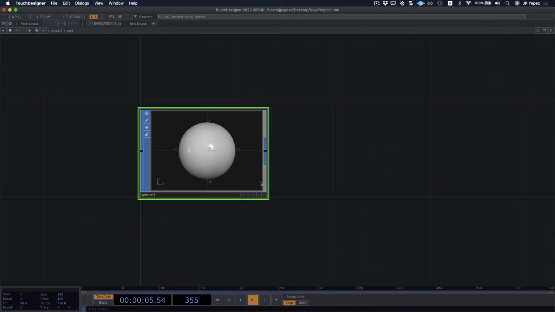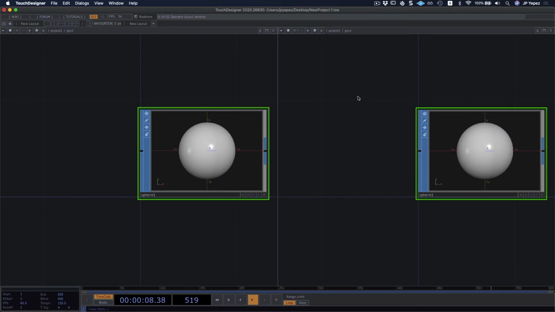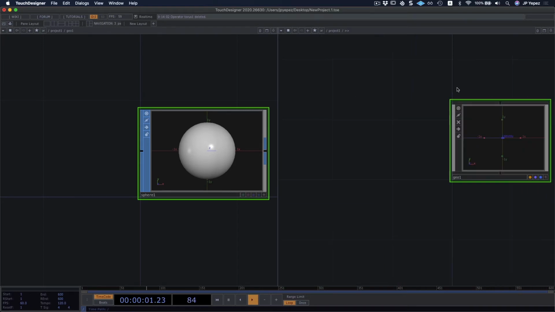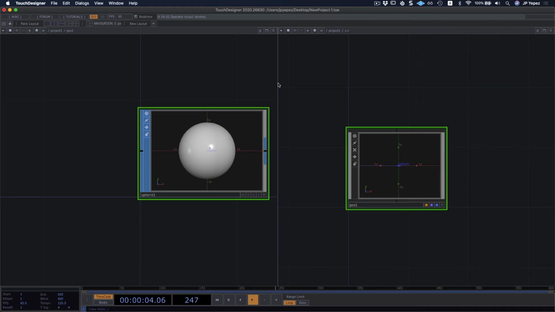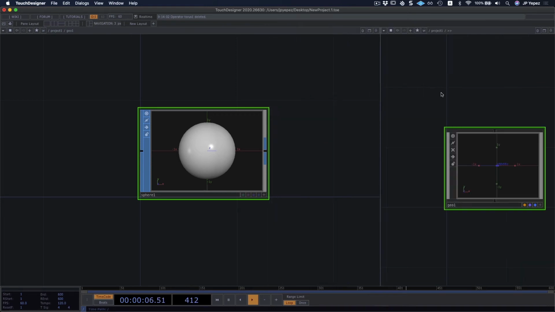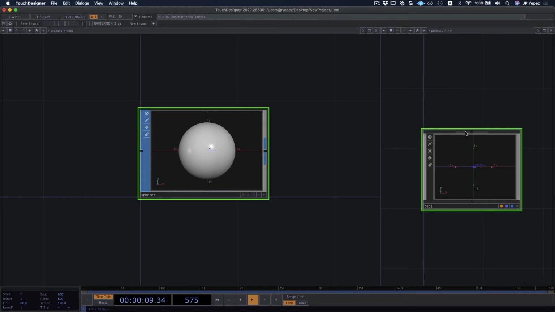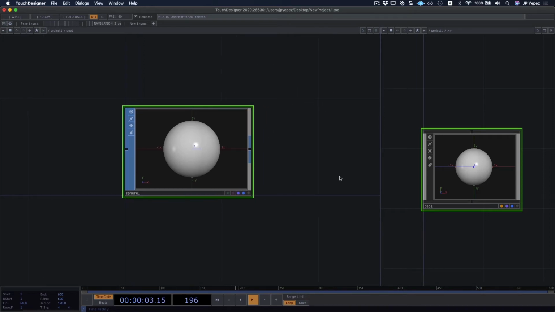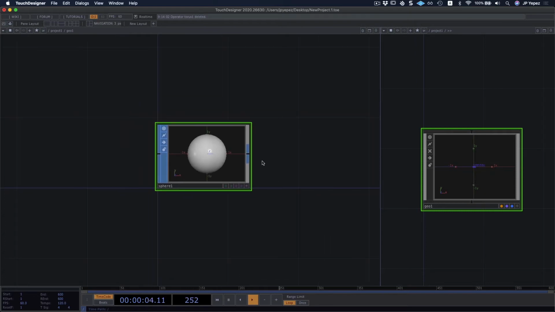And instead of just displaying the sphere, I'm going to make sure I have a second layout, a second pane on the right side of the screen, because I want to be able to monitor what my geometry sees at all times. Right now, my geometry cannot see anything. So I want to display it, and the way to do that is to use the display flag, and I always keep the render flag just in case I want to monitor it. This is really helpful if I ever want to view what's going on, or maybe enable different options that Touch Designer has available to allow me to monitor my workflow.